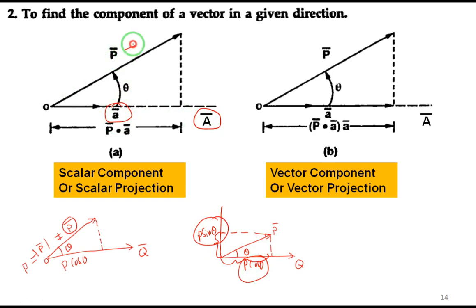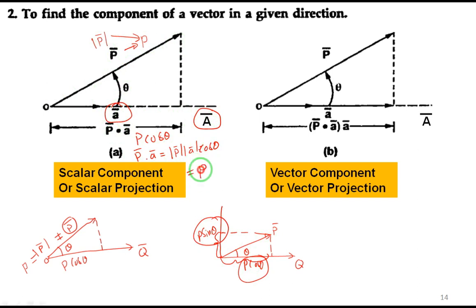The magnitude of p vector is simply p. Instead of using this notation, I will always simply write p. P means it is the magnitude. So p cos theta I have to get here. If I take the projection, p cos theta I have to get. Let me see what they have written here. If I take the projection, I will get vector p dot vector a, where a is the unit vector directed along a vector. So I am taking the unit vector. Let me apply the dot product for this, p vector dot a vector. Apply the dot product definition: magnitude of p vector into magnitude of a vector, into cos theta.